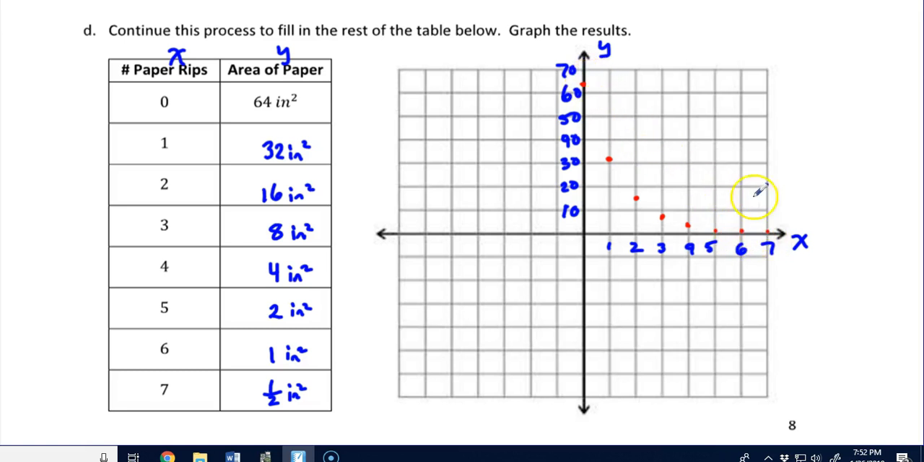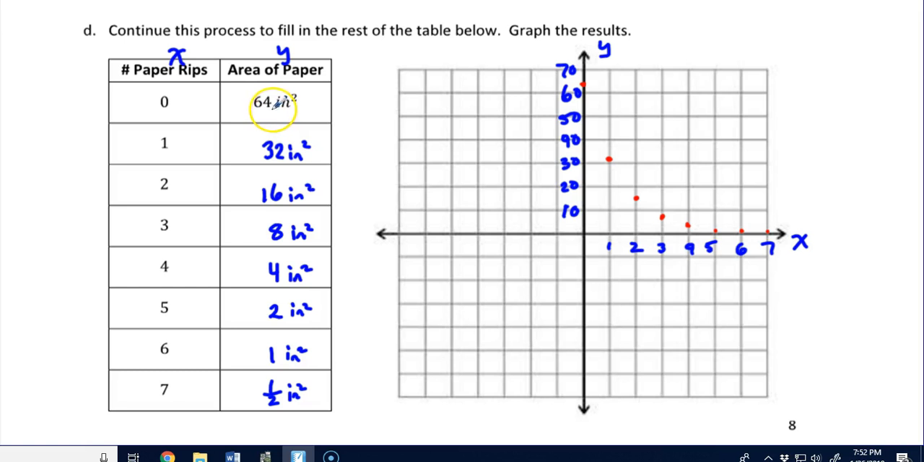And now you might have already connected these, and that would be the question. Do we connect these dots and make it a continuous graph, or do we just leave them as discrete points? If you remember, we've talked about this before, and the answer lies in whether or not there's meaning for the points in between the points we've plotted. In other words, in between